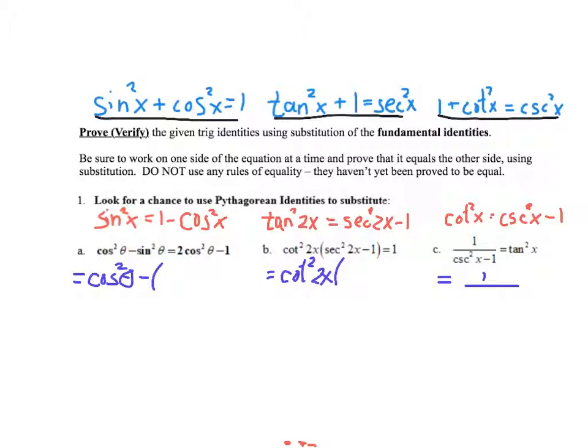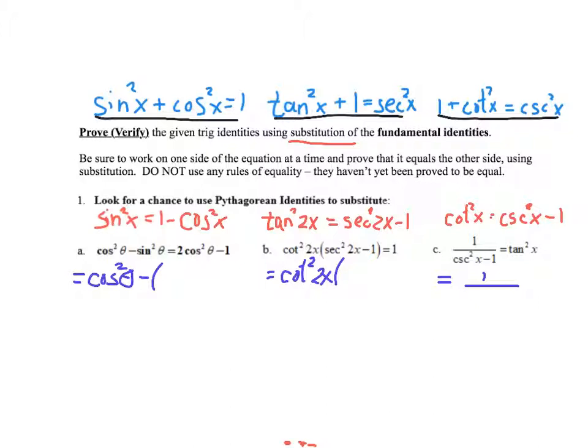If you notice the notes here, make sure that we are only using substitution. It's the only property that you can use: to substitute something for what it equals. You may not use any of the rules of equality. You're going to feel like you want to, because we're used to adding the same thing to both sides and subtracting the same thing from both sides, but that is forbidden. You can't do that because you have not proved they're equal. So all we're going to do is substitute, and there are three examples here, one for each of the Pythagorean identities,